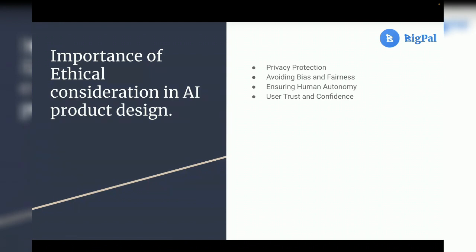So yeah, another very important ethical consideration is ensuring human autonomy. I will explain that. Don't worry. This one just ensures that AI systems are tools to augment human capabilities rather than replace or influence human decision making. It's very important. Somebody said recently that AI is not here to steal your jobs. It's here to assist you. You understand?